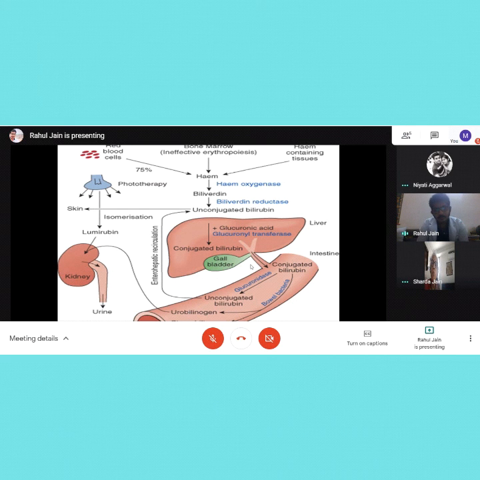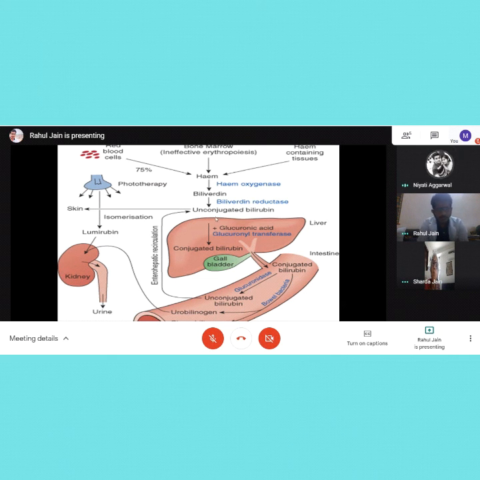While a person who has normal biliary flow will always have urobilinogen in the urine. So these 3 points will give us an idea from our investigation of what type of jaundice it is. Is it pre-hepatic jaundice, hepatic jaundice, or post-hepatic jaundice?